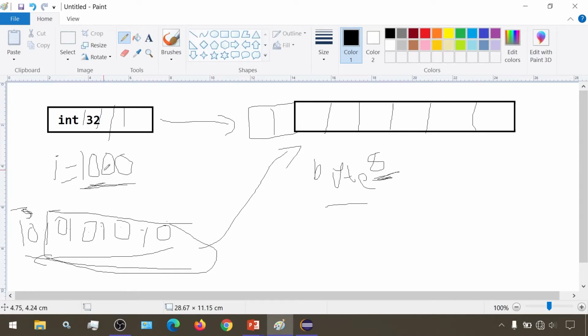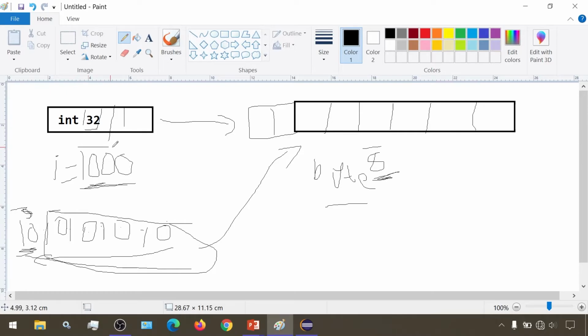The data 1000 which was stored is now lost, and there is some random value here and we don't know what that value is. So here data loss has occurred. For this reason, this is called explicit typecasting. Here narrowing has happened because these 32 bits are getting converted into 8. So narrowing typecasting has happened, and there is also data loss. For this, the programmer is responsible because this data loss might create problems in our program.